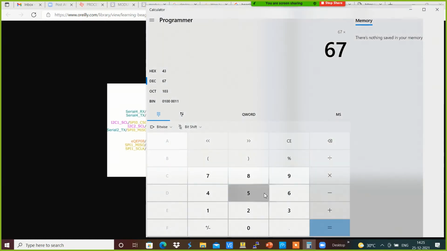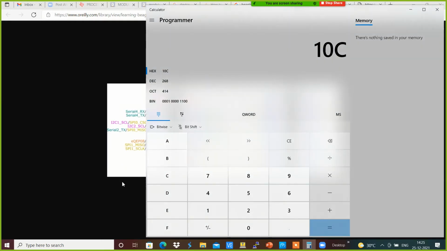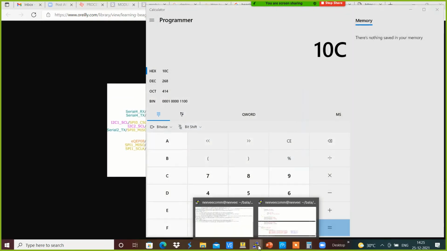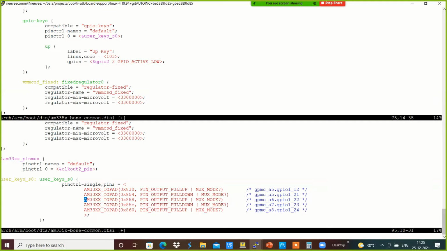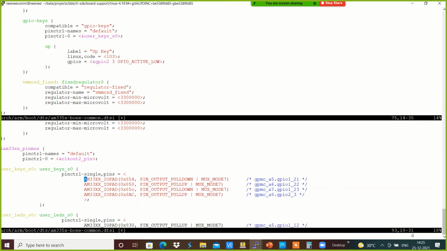67 into 4, which is 10C over here. That will be almost equal to 8AC, which is for GPIO 2_3, which we are going to configure for the user keys over here.